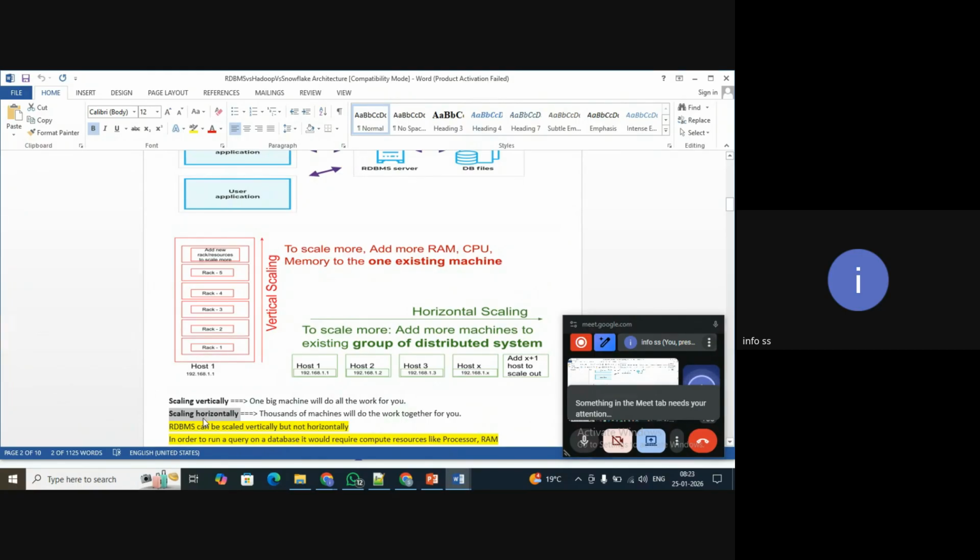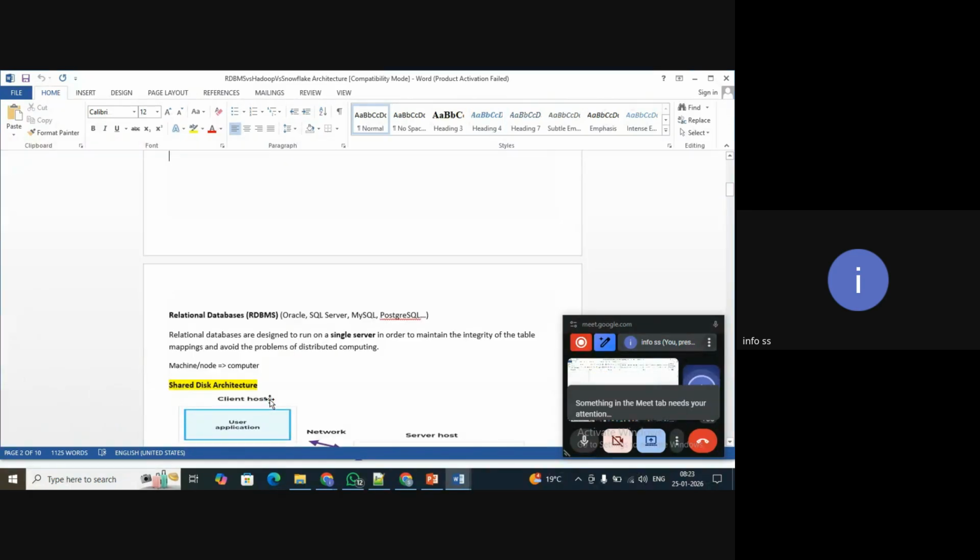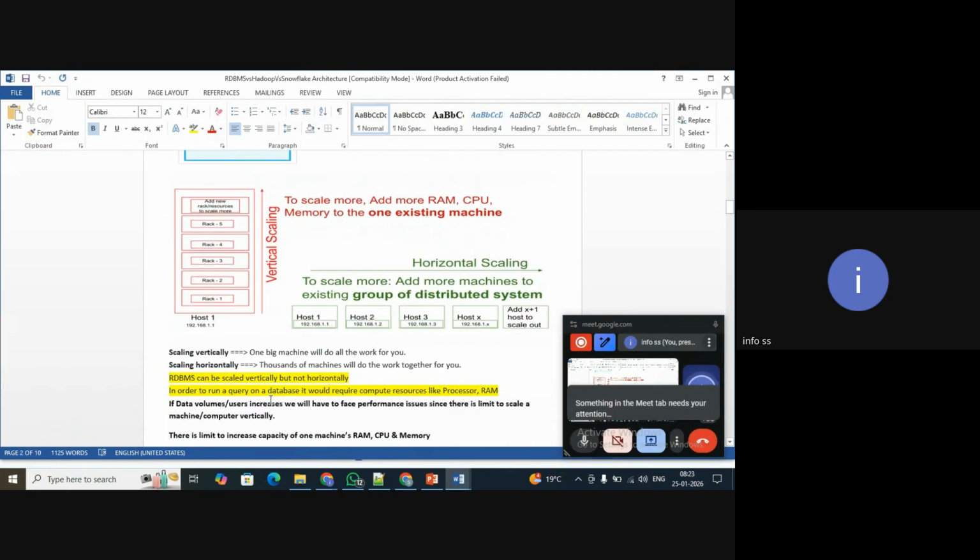Okay, you can scale them vertically. That is, you can increase the capacity of a single machine, but you cannot distribute the workload to a group of computers. So, to overcome this challenge of horizontal scaling,